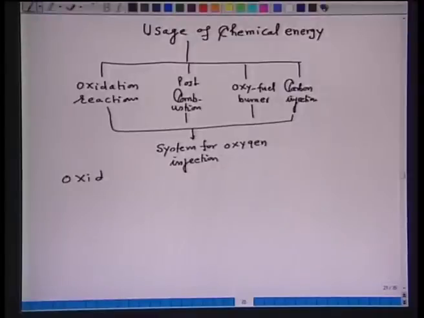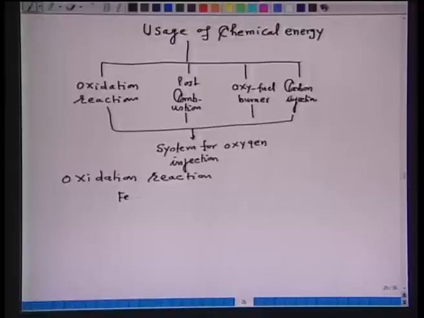Now, let us see what are the requirements. First, take say oxidation reactions. Now, in oxidation reactions, for example, iron gets oxidized, carbon, silicon and manganese get oxidized. Silicon and manganese are low in quantity, iron and carbon are there. So, it is oxidation of iron and carbon, both are exothermic reactions and both provide energy to the bath. That means, the iron plus half O2 gives you FeO,